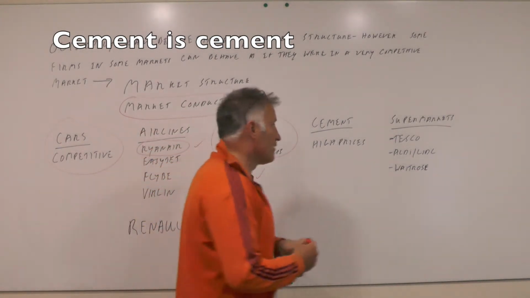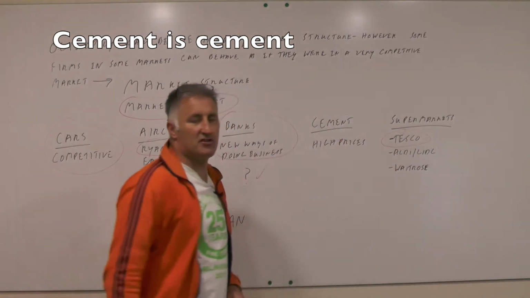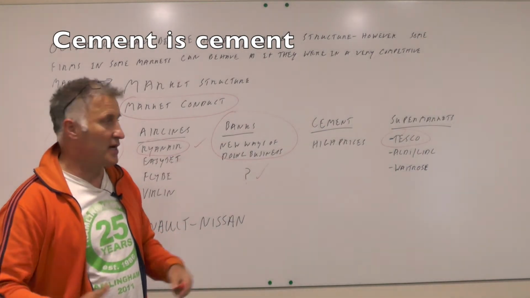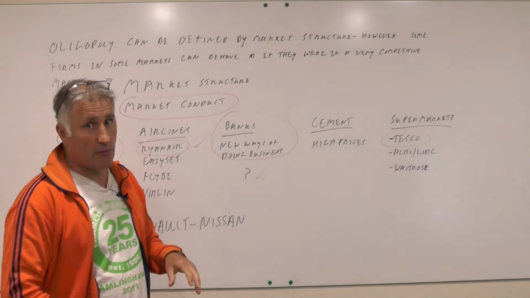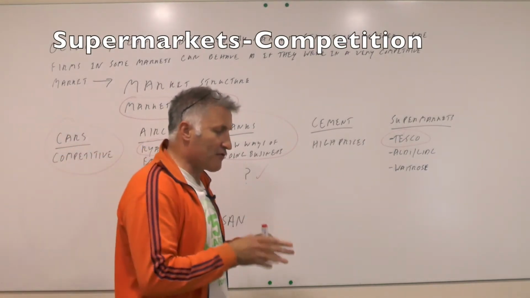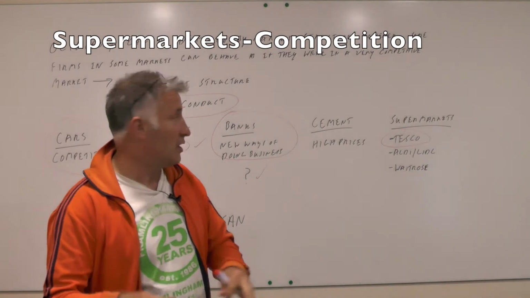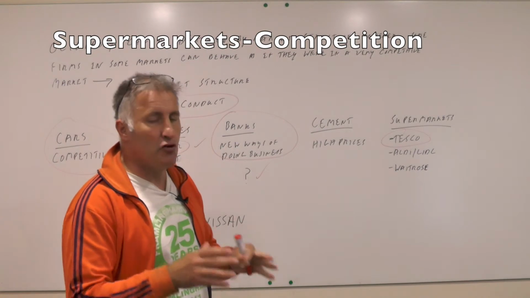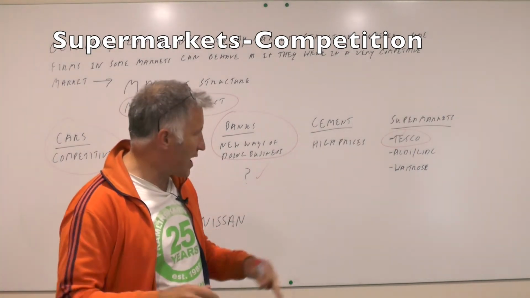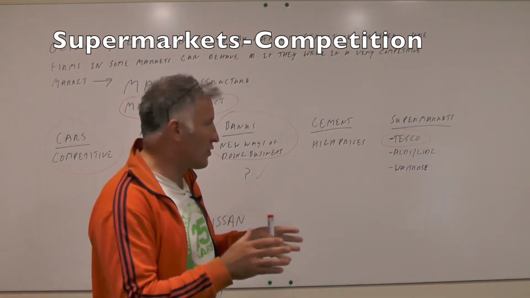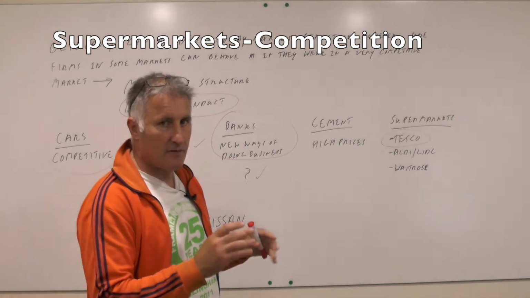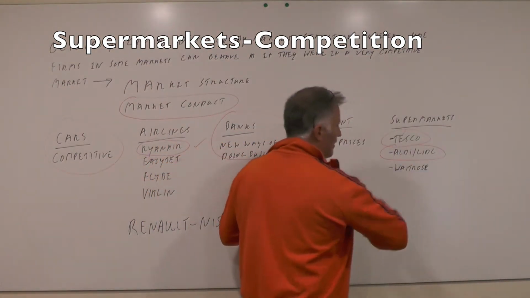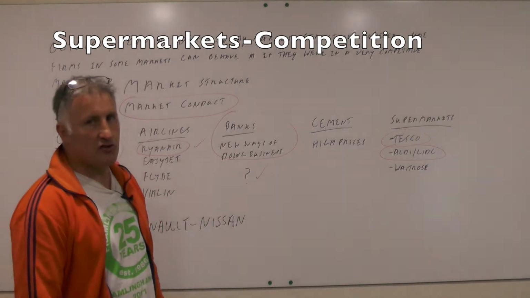Nobody ever believed that Tesco's would have a hard time when they were under Sir Terry Leahy. But what's happened recently is when the recession hit, people became much more aware of price. And so really Aldi and Lidl have come along, and they have a different business model compared to Tesco's. And in particular, that model is, right, just have a few brands. Don't have loads and loads of brands, because it's much cheaper to have far fewer things. And if you do that, then the supermarket is going to do much better. So this is to do with a slightly different business model, and that shows that the market is competitive.